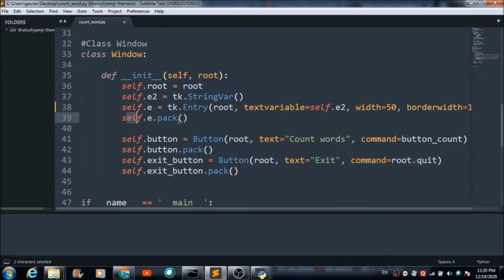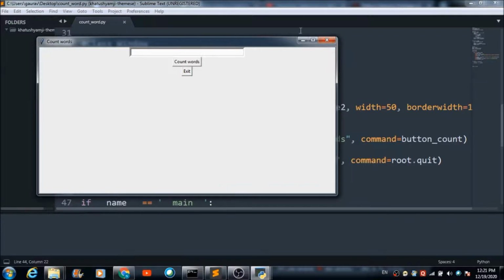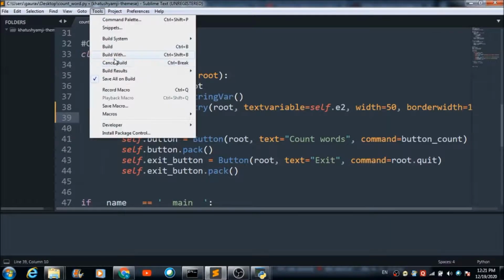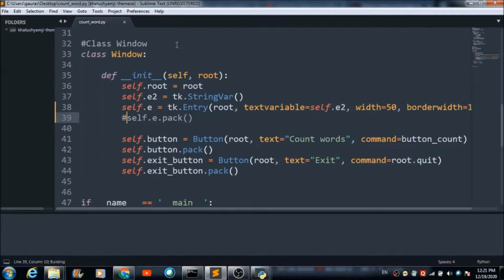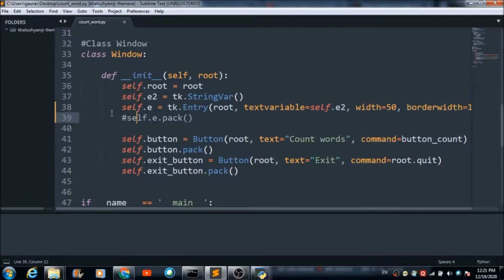And now if you want to pack it and get it reflected on this window, this is the command for doing the same. Let me show you what is going to happen if I convert it into a comment. When you run this code in Python, the text box will not appear. So it is this command which is actually packing this beautiful